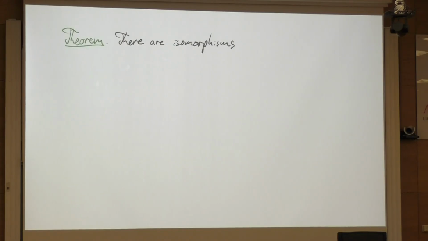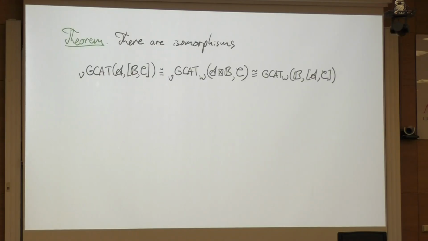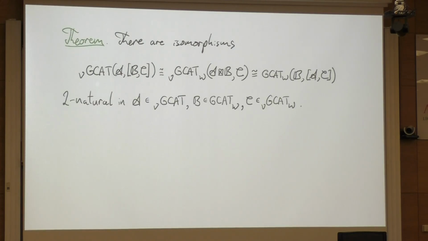And then, just to move to the final theorem of the talk, we can ask how this product and this notion of bifunctor interacts with the functor categories that we defined just before. And we get just about as nice of an outcome as we can hope for. There are isomorphisms of the following forms that are two-natural in A in left V-graded categories, B in right W-graded categories, and C in V-W-bigraded categories. And that brings us to the end of the talk. Here are some references to works that I've mentioned, essentially in the order in which they're encountered in the slides.